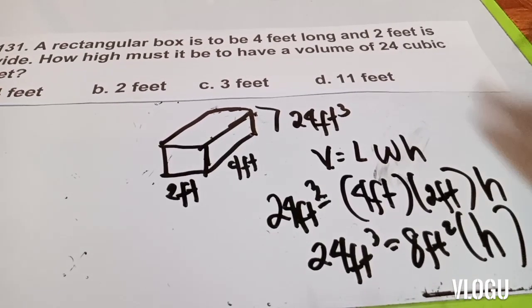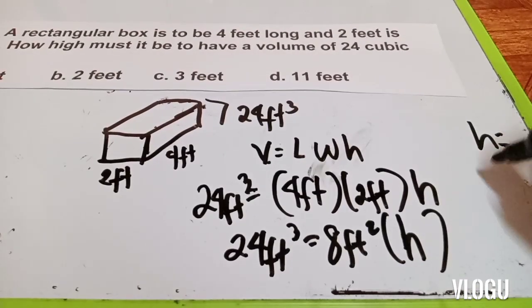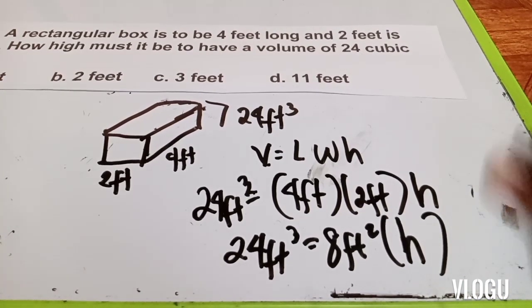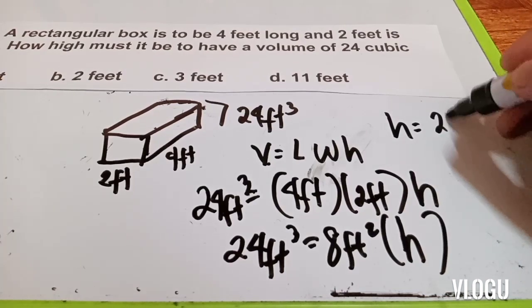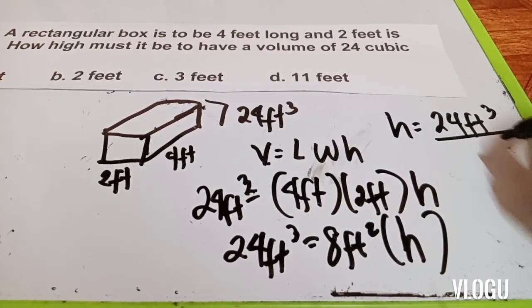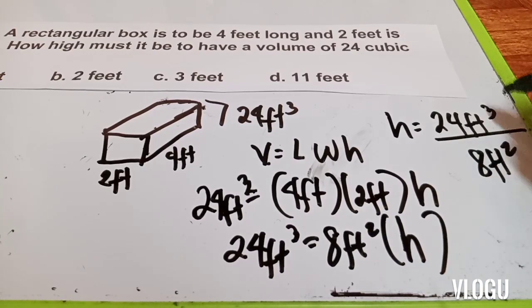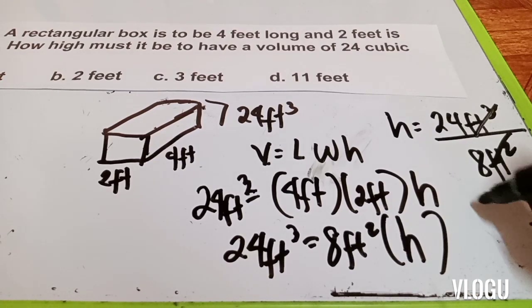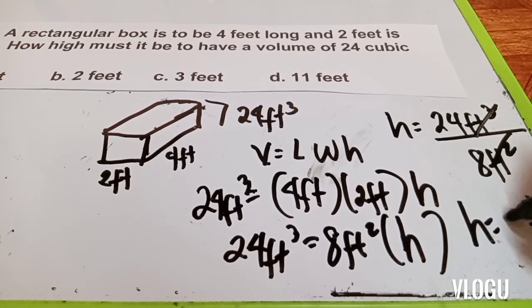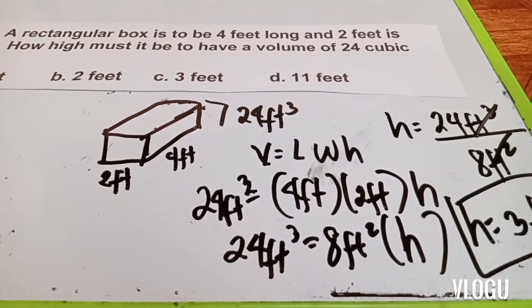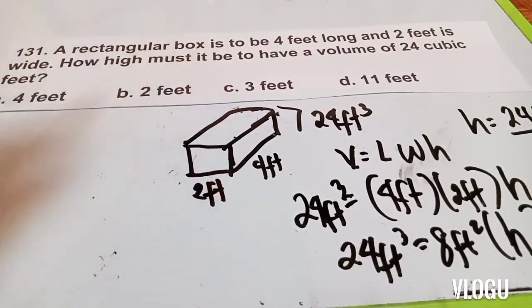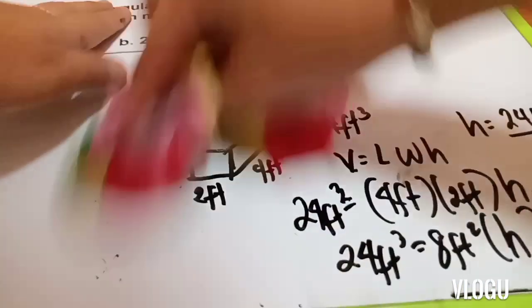So automatically, height is equal to 24 cubic feet divided by 8 feet squared. And then cancel feet. And then 24 divided by 8 will become 3. So the answer is 3 feet. So the answer is letter C. Memorize the formula for the rectangular prism. Okay, let's proceed to